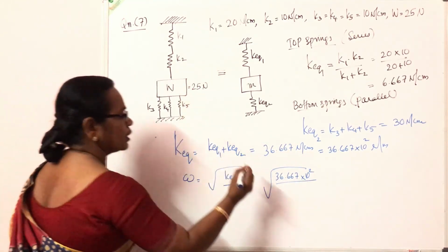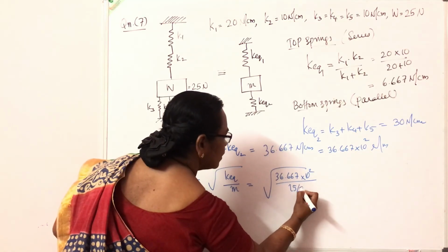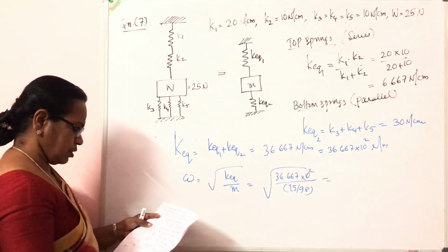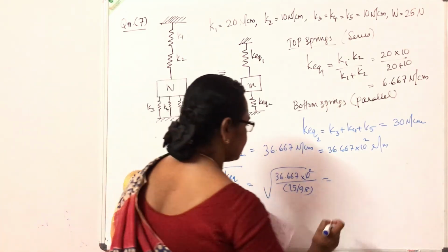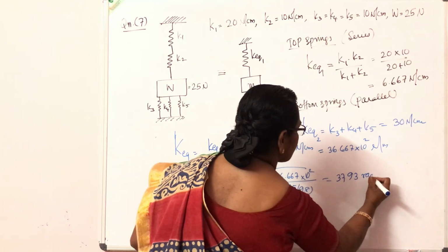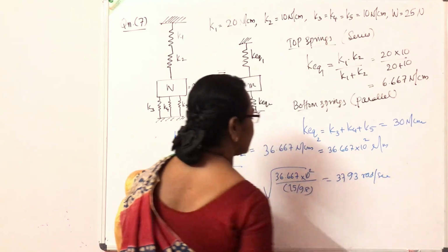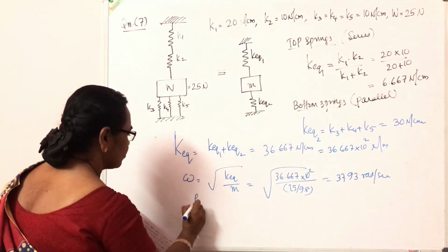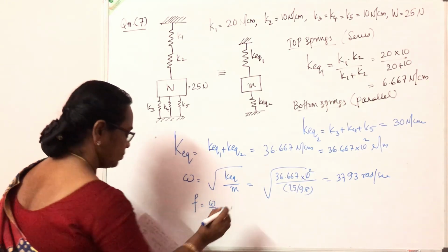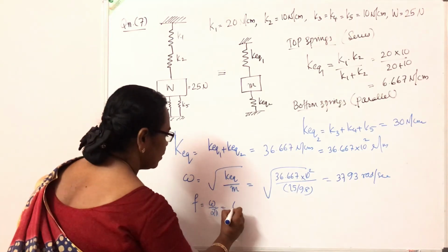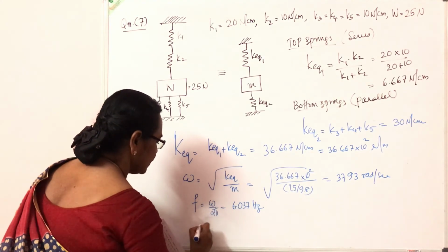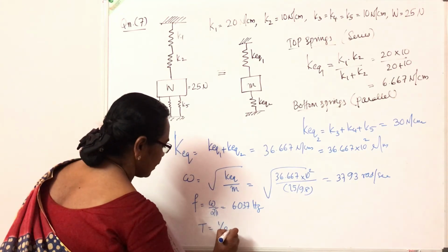It is 25 Newton, so 25 by 9.8 is the mass. It works out to 37.93 radian per second. So the natural frequency F is equal to omega by 2 pi. It will be 6.037 Hertz. And the time period T will be 1 by F,